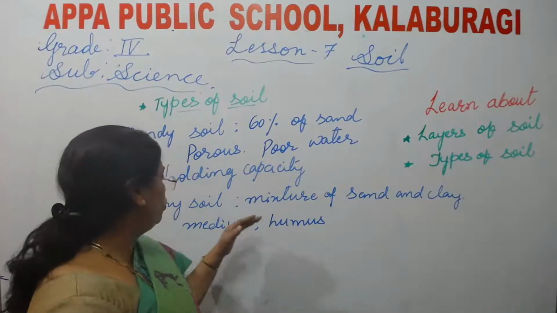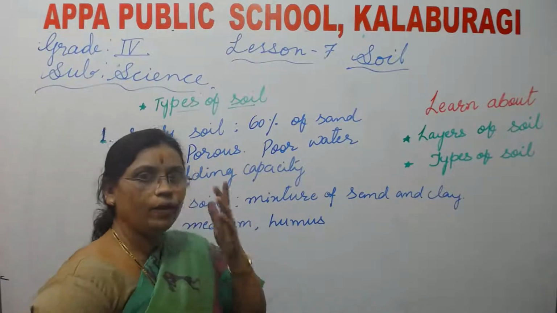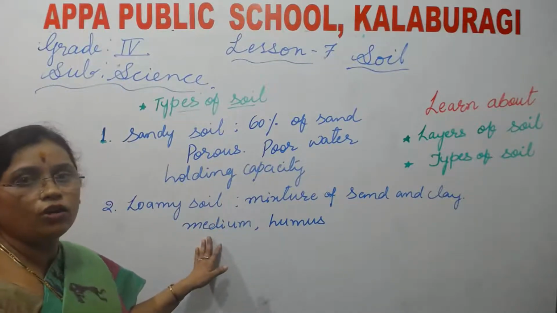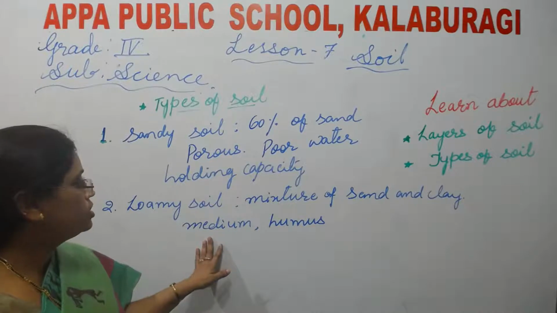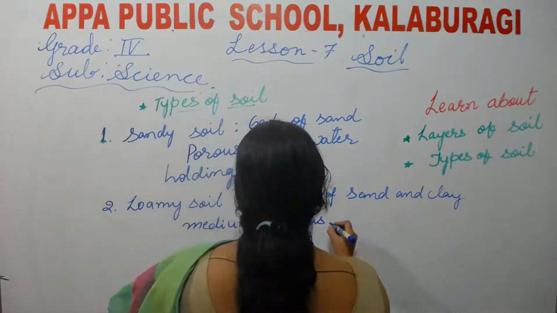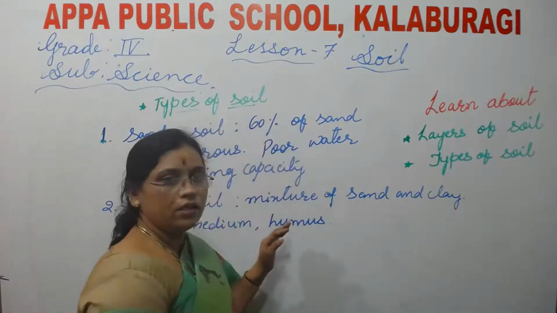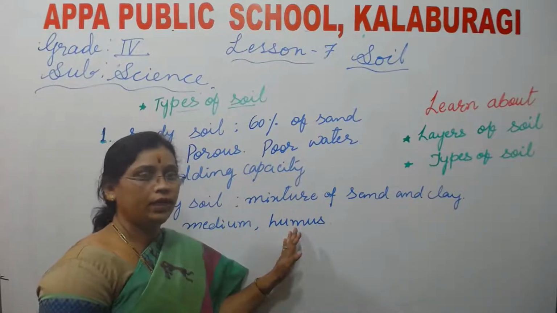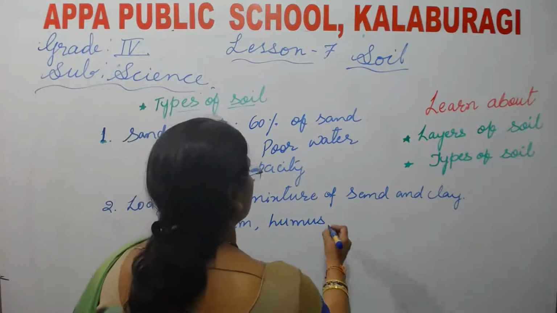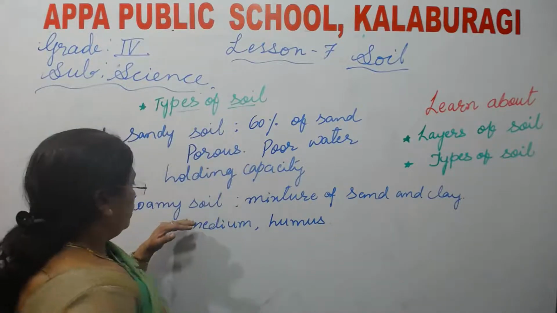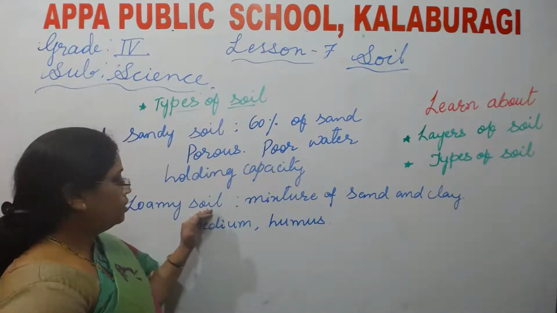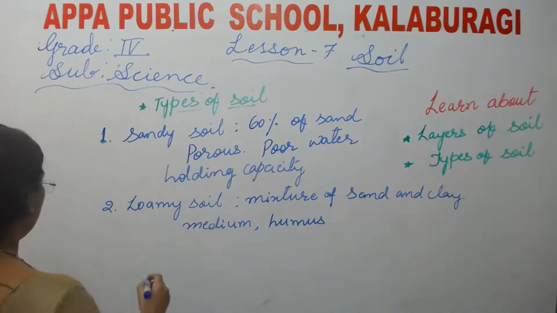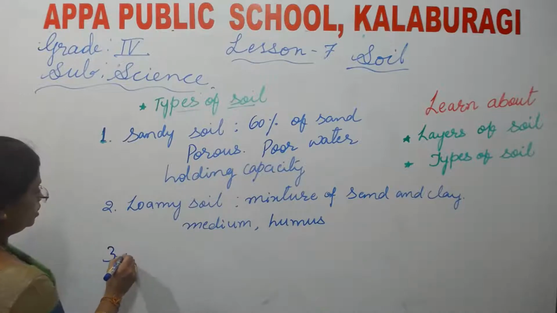Okay, children, loamy soil is suitable for the plants to grow because its water holding capacity is medium, and it has sufficient air, which helps the roots of plants to breathe. This is best suited for plants to grow. And the third one is the